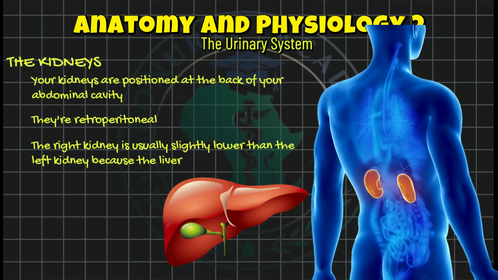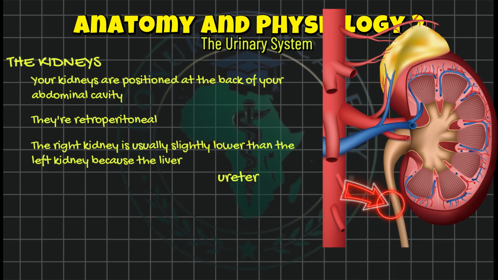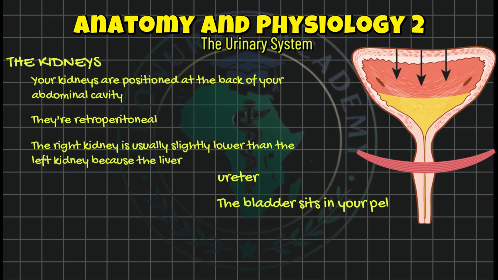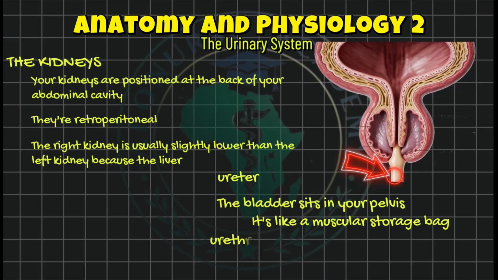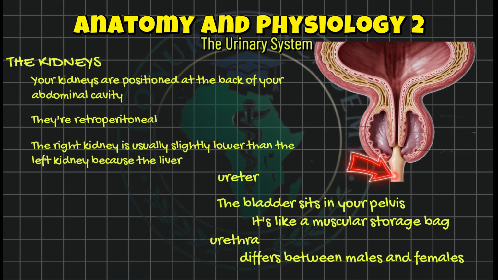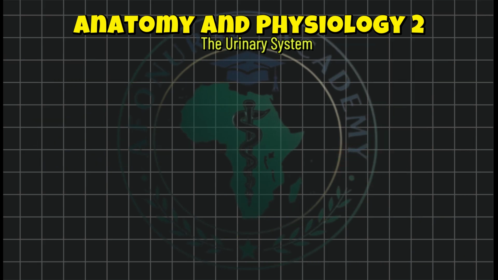From each kidney, a tube called a ureter carries urine downward to the urinary bladder. The bladder sits in your pelvis, right behind your pubic bone. It's like a muscular storage bag that holds urine until you're ready to release it. Then, from the bladder, 1 final tube called the urethra carries urine out of the body. Now, the length of the urethra differs between males and females, and this difference has important clinical implications that we'll touch on later. Alright, let's zoom in on the